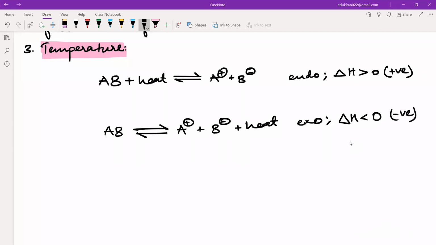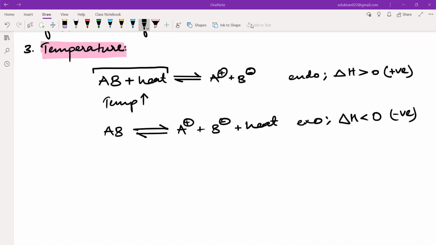So all of you know endothermic, exothermic, right? Endothermic is where heat is required, and exothermic is where heat is released by the system in the process. Yes or no? Yes, sir. Now, if I'm increasing the temperature in the endothermic case, I'm increasing the amount of heat, which is a kind of reactant, yes or no? It is not a material requirement, but it is a requirement, a reactant. If heat is not present, it will not get dissolved. That means it is a reactant, right? In terms of energy, it is a reactant. Can you understand heat as a requirement, as a reactant? Yes, sir.